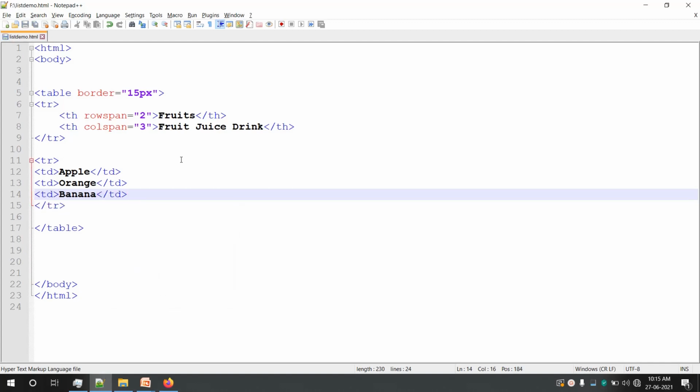Now let us verify the output. Okay, you can see we have added 3 columns to the second row, and in this example we have demonstrated both row span and col span. So you can create a table and you can even have row span, col span, even a caption for your table.